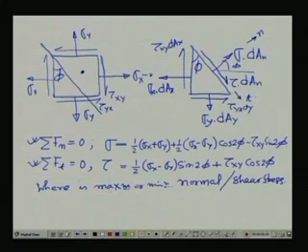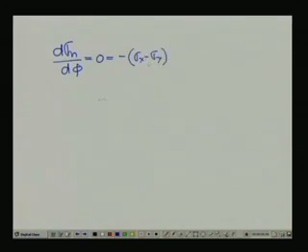Where is the maximum normal and oblique shear stress, meaning which is the location we would like to find out. For that, with simple mathematics, we can take the derivative of the normal stress and the shear stress with respect to the angle, and thereby we get the required relationship. If we find this, then d sigma n by d phi equals 0. If we equate it, we get minus sigma x minus sigma y